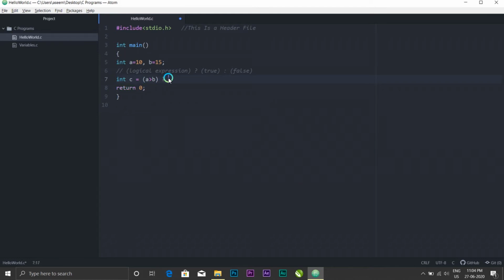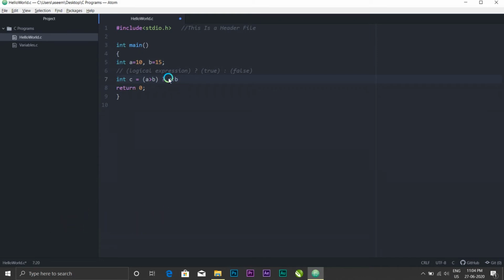Then the question mark comes, and if a is greater, we give the value of a to c. And if b is greater, we give the value of b to c.